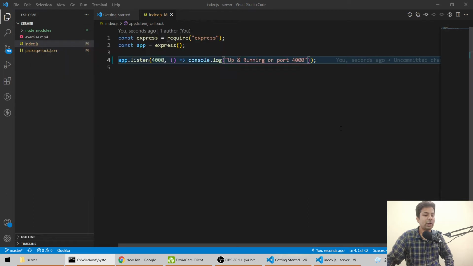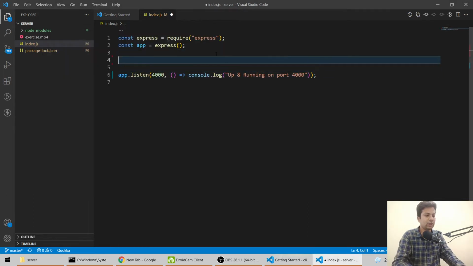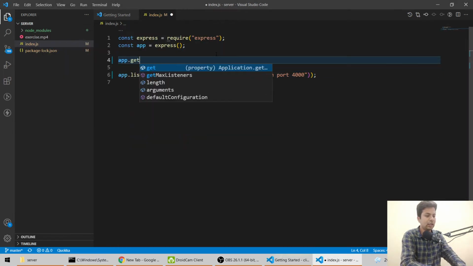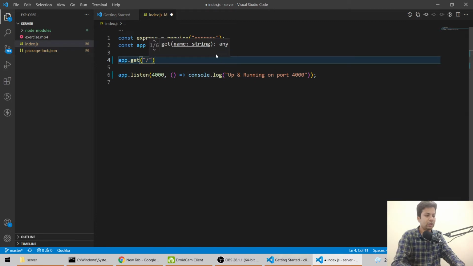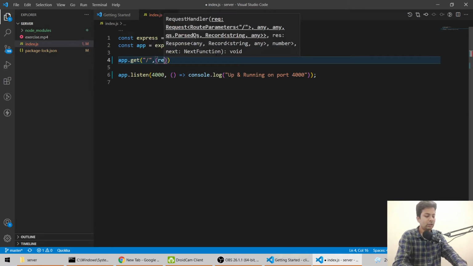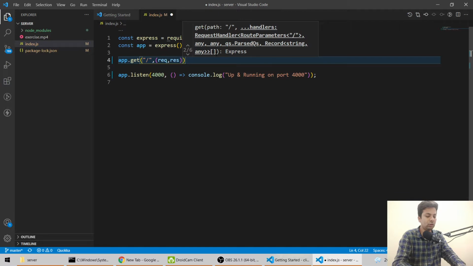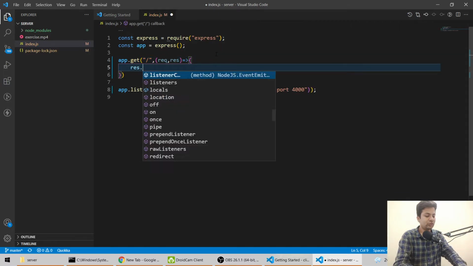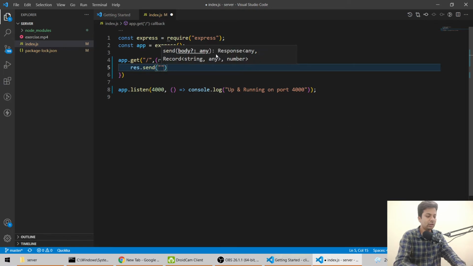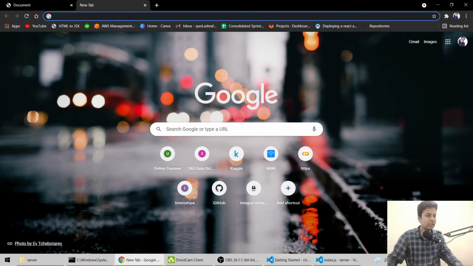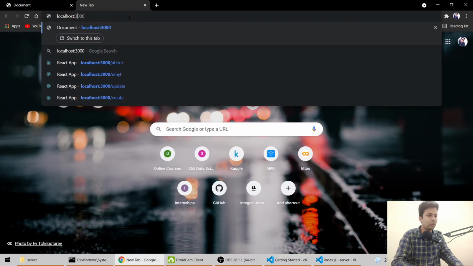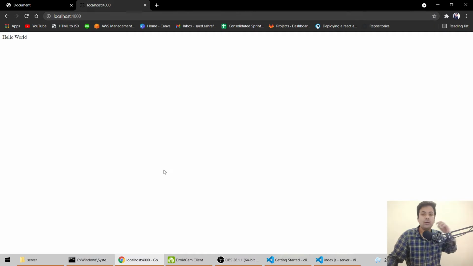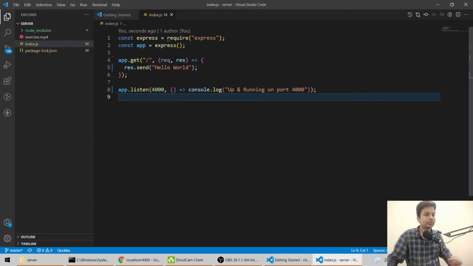Okay, it's running. So we'll say app.get base URL, and we'll take request, response. Then we'll say res.send hello world. Let's check it: localhost port 4000. Okay, hello world is showing, so everything is cool.